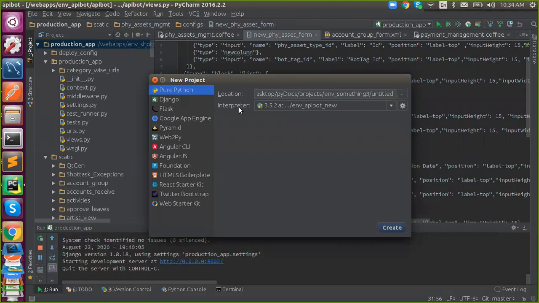The next thing is called the interpreter. What is an interpreter? It executes line by line. The interpreter is a middleman, like a compiler. It's a tool which is going to compile your Python code, right?